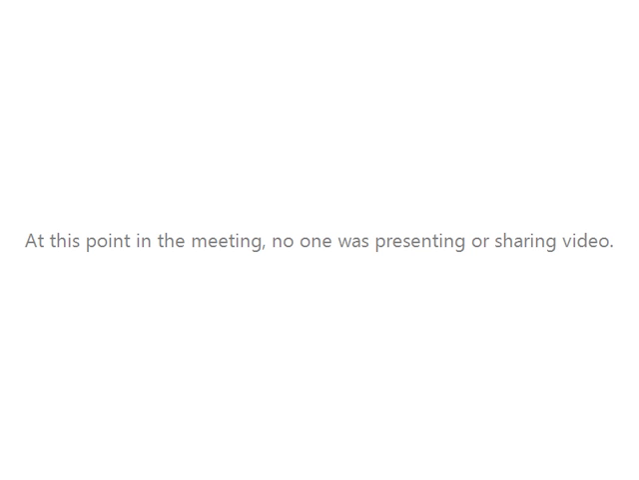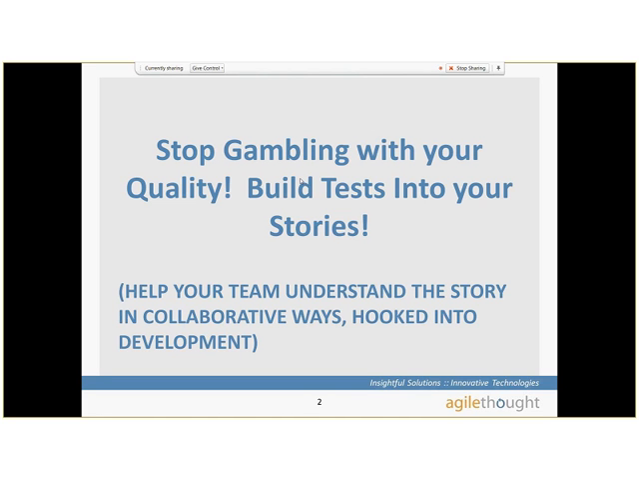So let's go ahead and get started. As Jana said, the title of this is Stop Gambling with Your Quality, Build Tests into Your Stories. Really, this is to help your team understand the story in collaborative ways and get hooked into development. For those of you who have started down the Agile path and you're using Scrum or some other Agile methodology, this is really geared towards you, because we're looking at how to get even better as we're using Agile